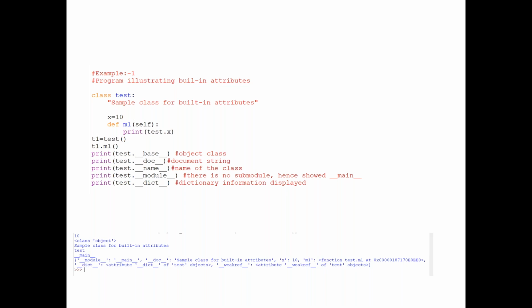But right now the variable is a static variable. It's mandatory to give class.x. The class is Test, so test.x. If it's a non-static variable, within the method you give self.variable name, and outside of the class, if you want to call that non-static variable, then use the object, nothing but t1.variable name. Hope you are getting the difference.